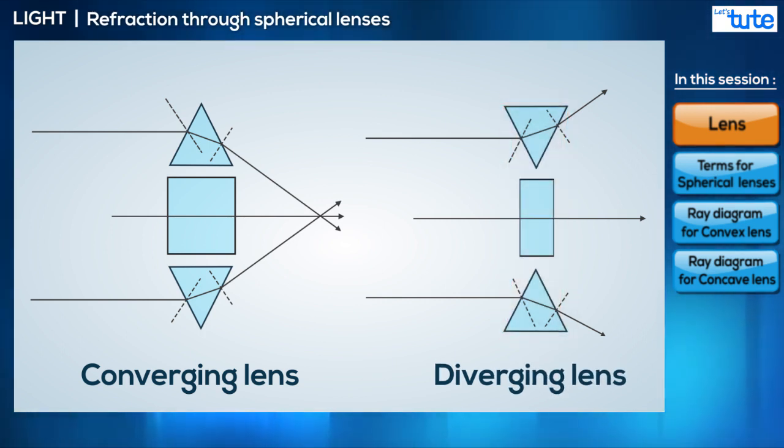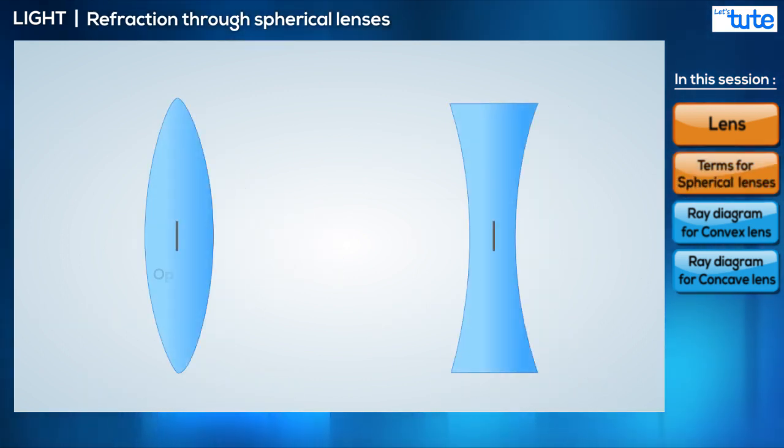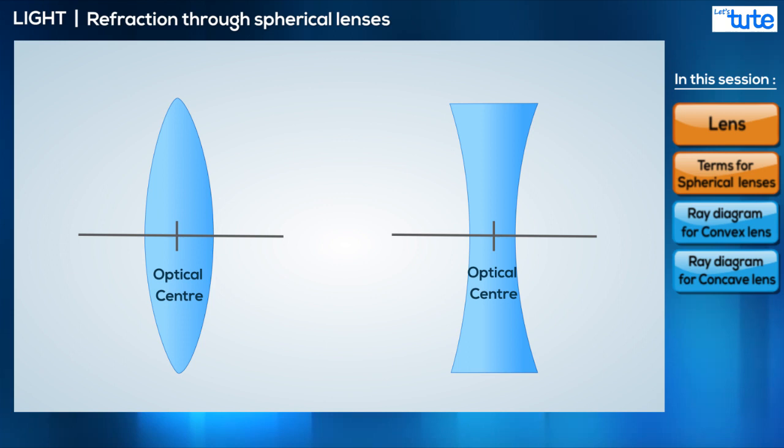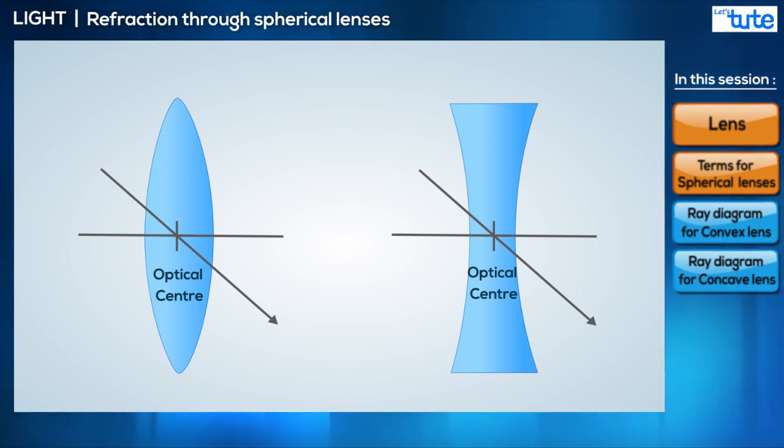Now that we roughly know how the lenses bend light, we should get ourselves acquainted with some terms so that we can have a much better view of how lenses make images. Since these lenses are spherical, they have similar terms as spherical mirrors. First term is the optical center. This is the midpoint of the lens and the point where the principal axis goes through the lens. And an important thing to know about optical centers of lenses is that any light incident on the optical center of a thin lens suffers no refraction and goes straight through it.